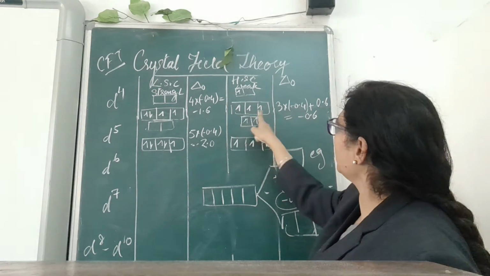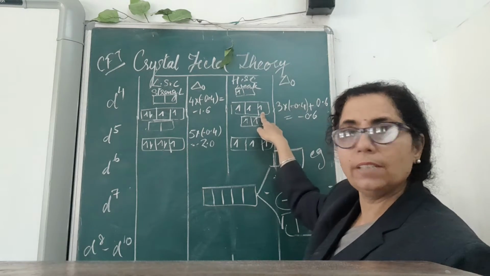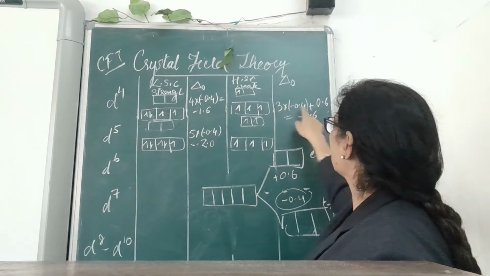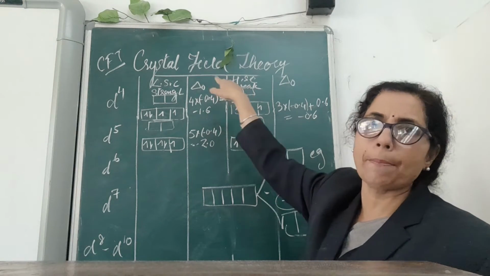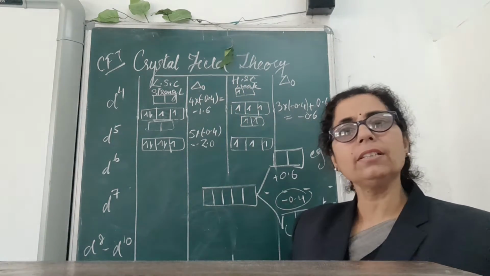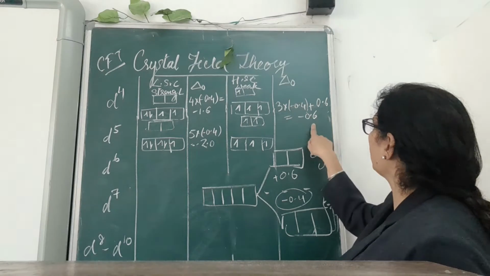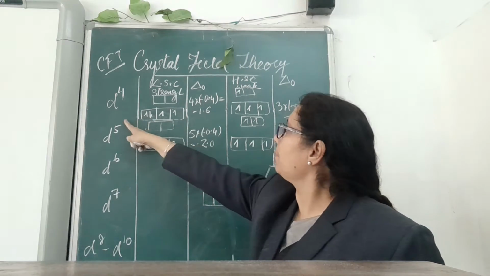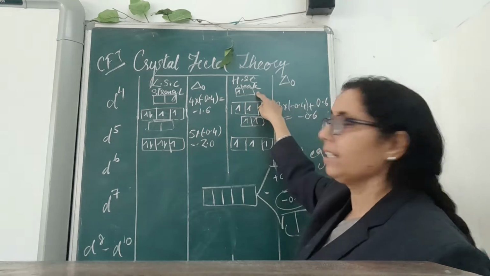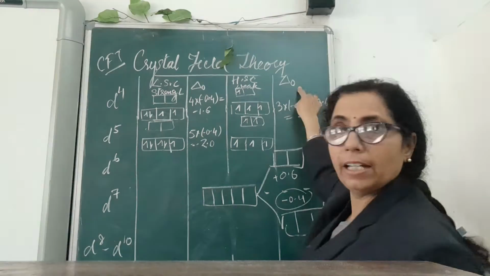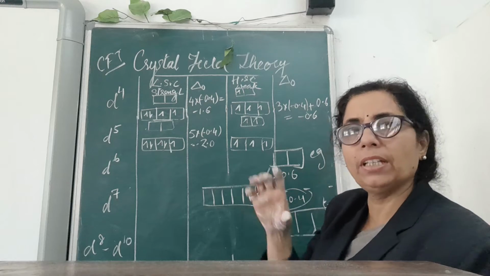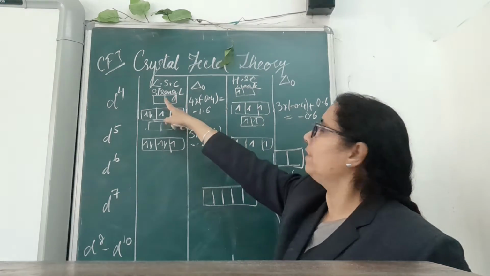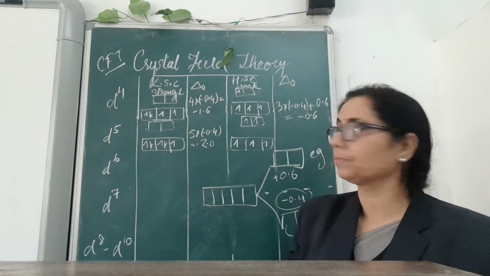In order to find out the delta naught for this compound having weak ligands, we see there are 3 electrons present in the lower energy level, multiplied by minus 0.4, plus 1 electron present on the upper energy level, that is 0.6. When you calculate this, you will get one value. Here you can see the difference when the weak ligand is attached: the delta naught value, the total energy between the splitting of the 2 levels, is less as compared to when it is attached to the stronger one.